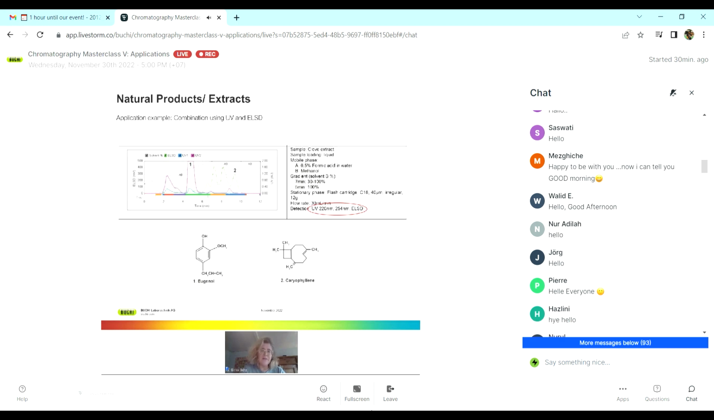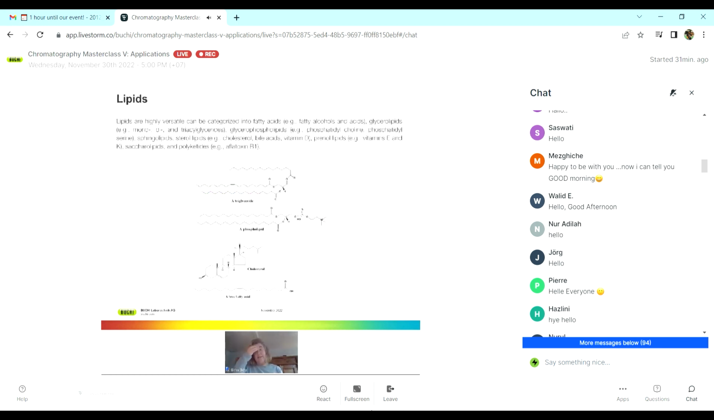And the second one, caryophyllene, is non-chromophoric, so you can only detect it via ELSD. So a very nice example here for natural extracts combining UV and ELSD, which makes it possible for you to really detect everything which is in your sample mixture. Good. We come to the next